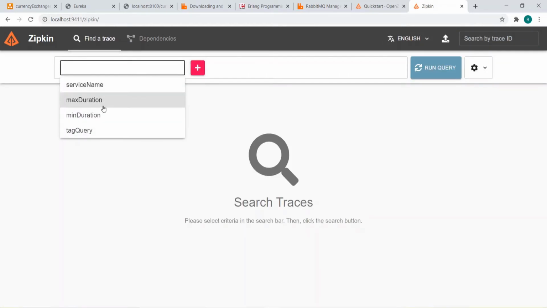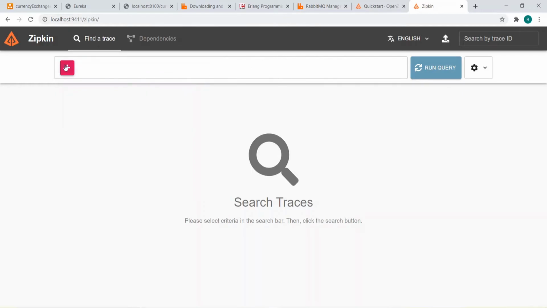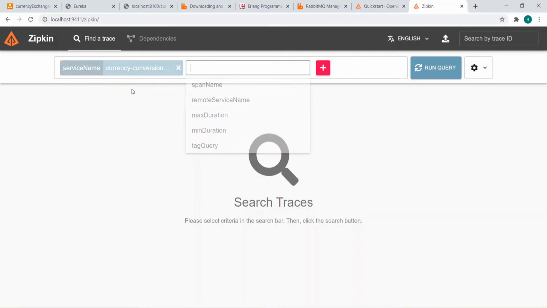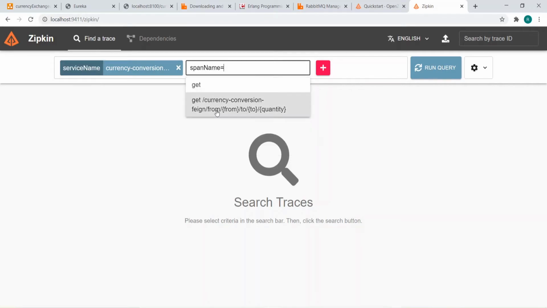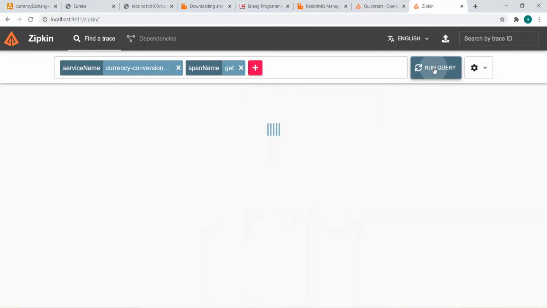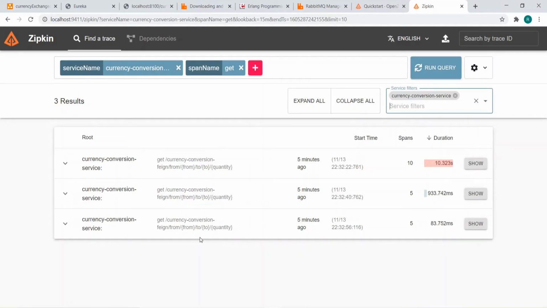So find a trace, send by that service name, let's put it blank, or service name, then currency, then span name, and get, and let's run query. So this thing will come, service filter, you can filter from here as well.